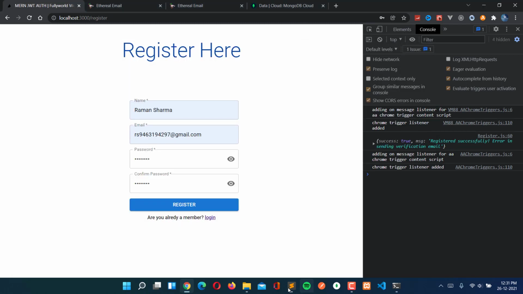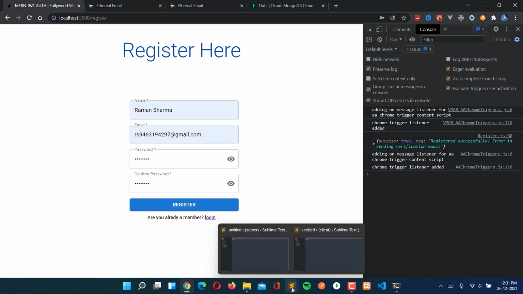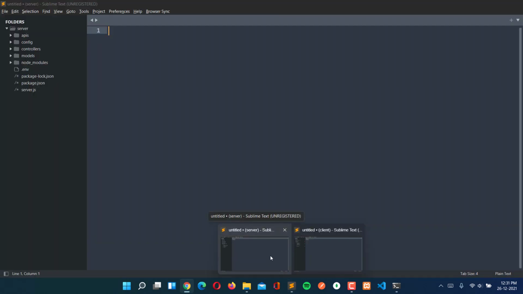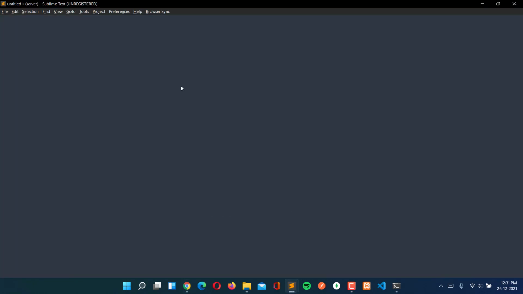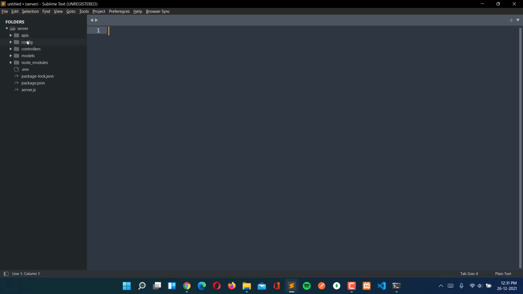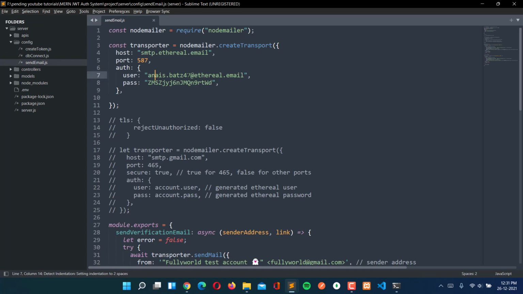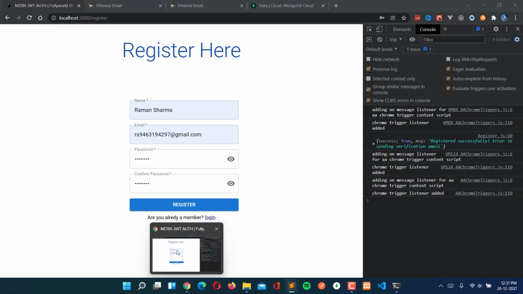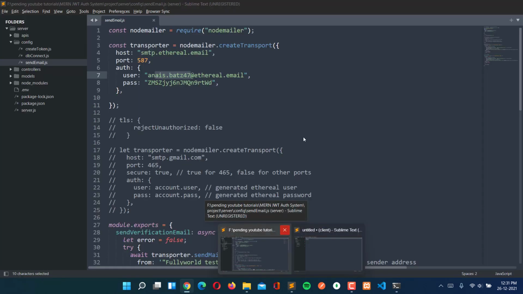Now to resolve this error, what will we do? First of all, let's go to the server page, go to the config and then send email. Here I'm using Ethereal email. I have already logged into Ethereal.